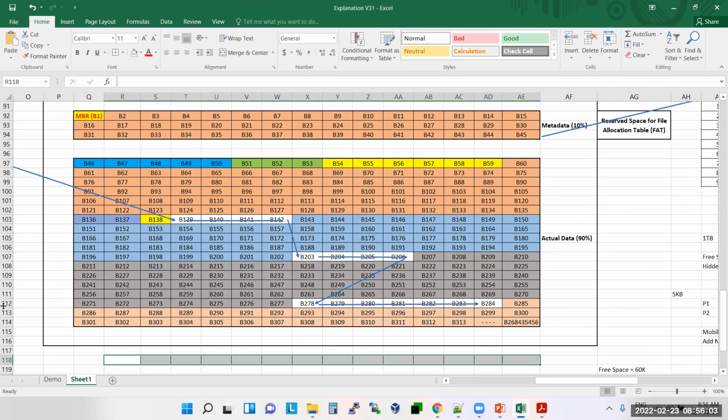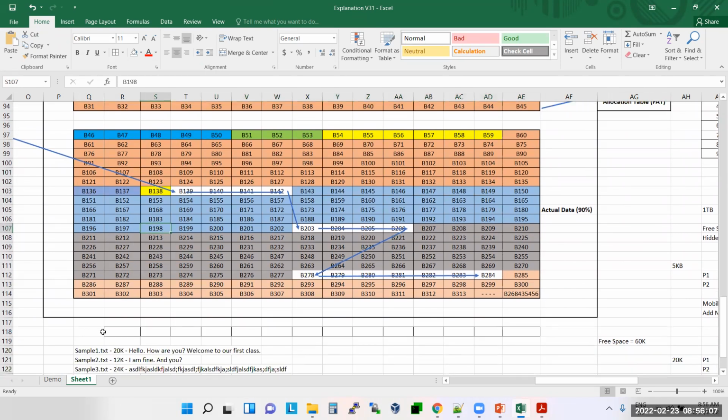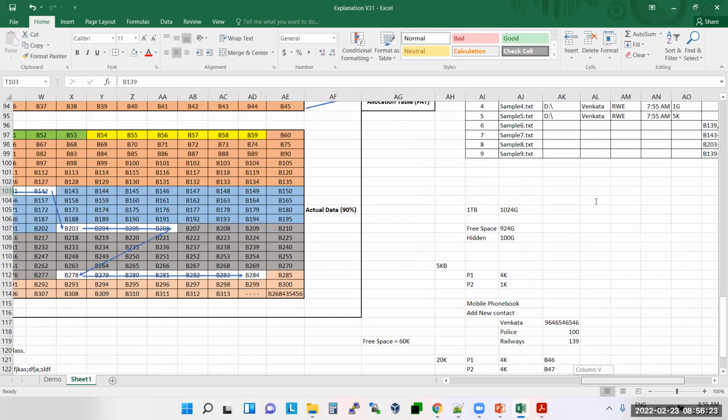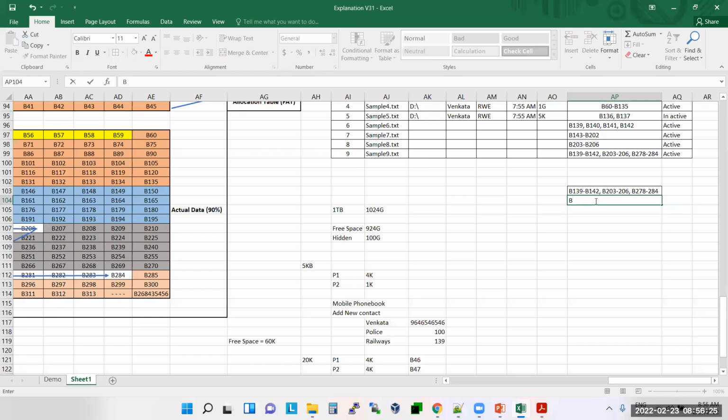The block numbers will change at that time. Suppose the file is in 139, 140, up to 142, then it has to move to 203 to 206. Here it is like this now. After defragmentation, it may become like this, and delete this one.